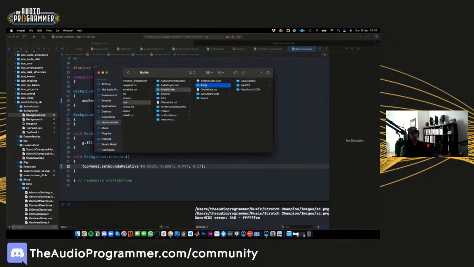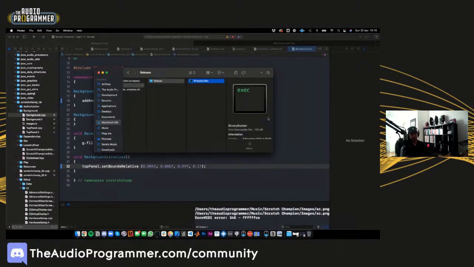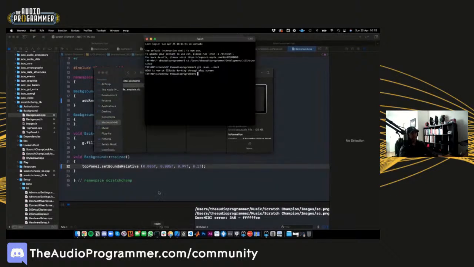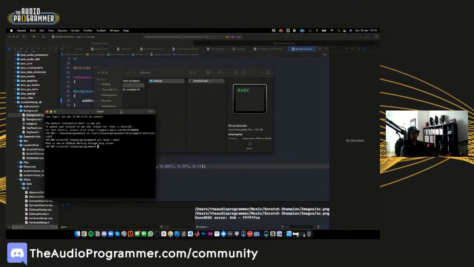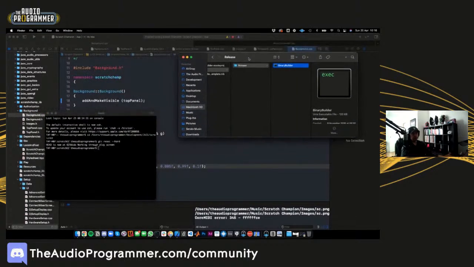So now I just need to go to my appropriate build. If you were on Windows, you go to Visual Studio. I'm on Mac, of course, so I'm going to Mac OS X, and I'm just going in here to build, release, into this binary builder, which is an executable. Now I pull up my command line. And the way that it works is, if I just drag this in here and I hit enter,